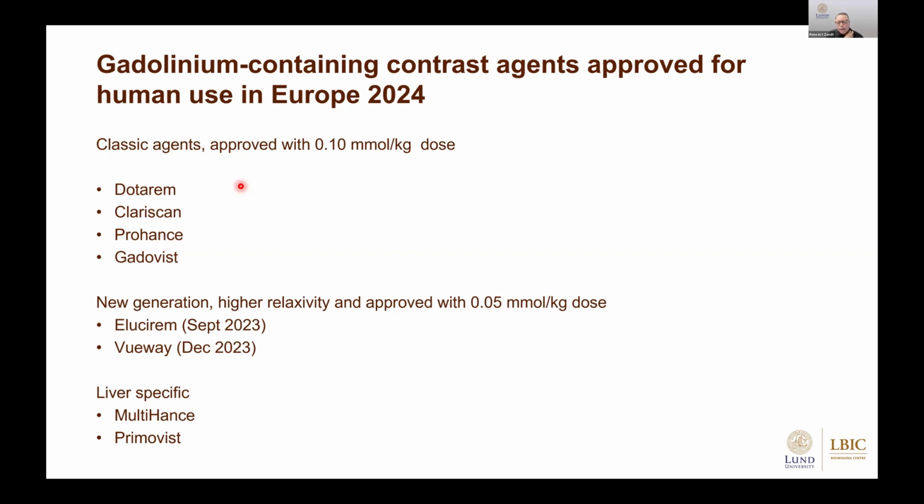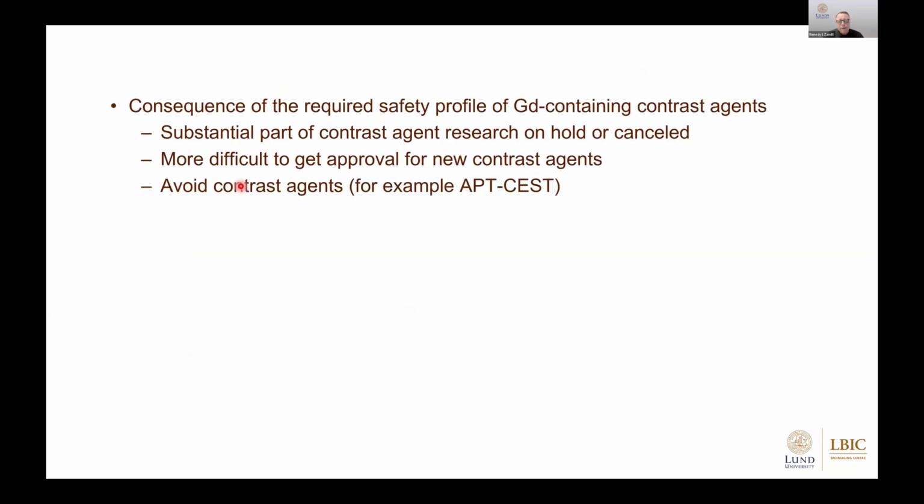The reason I show this with these gadolinium agents is that it changed the field, because after this was discovered or realized that there were problems with some of these agents, directly the day it became clear, and I was working for GE at that time, all contrast agent research for MR was cancelled or on hold, just vanished from the radar. And it also means for the authorities to approve a new agent is getting more difficult, because knowing the history of gadolinium, they are not very eager to approve something new. And that also means it's very, very expensive, and it is just difficult to prove you have the right safety profile for